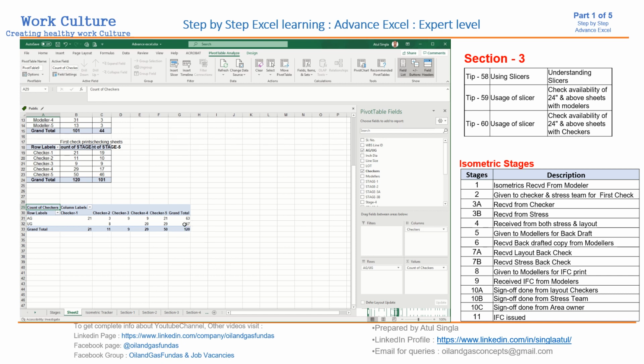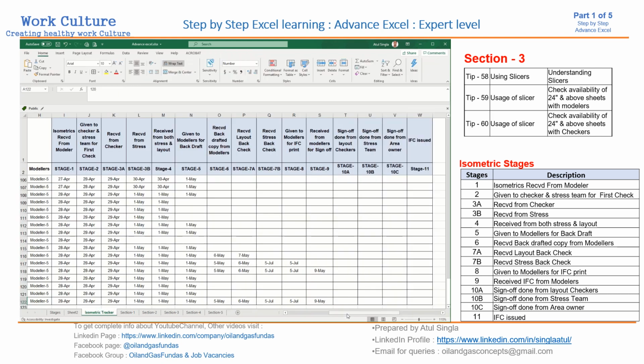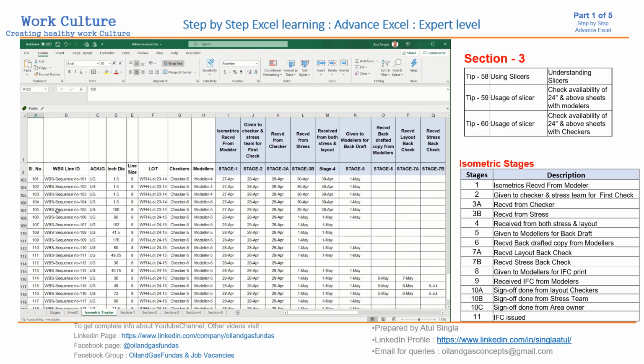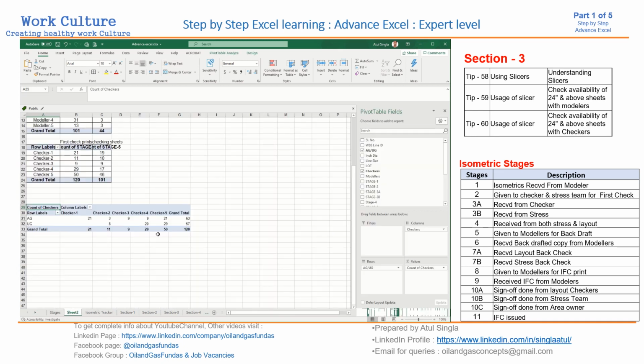mentioning all the 120 lines which we were having in the database. Okay, total sheets we were having 120 in our table. So this is a breakup of all 120 sheets. How many are above ground? 63. With whom it is there, who has checked the sheets, that is also mentioned. Okay, so you can see checker 1 has not checked any sheet which belongs to UG. Checker 3 has also not checked any sheet which belongs to UG. Anyway, this is the breakup of above ground, underground and checkers. So these are the total 120 sheets breakup.